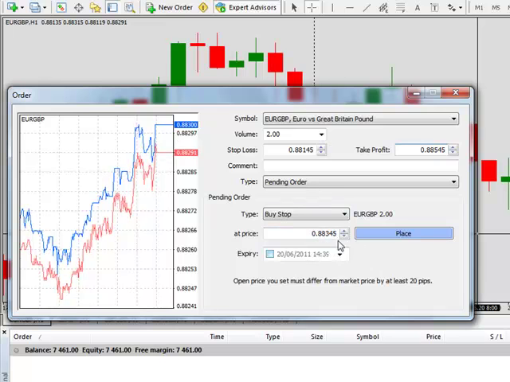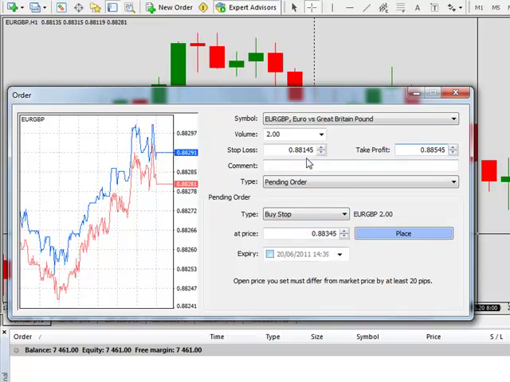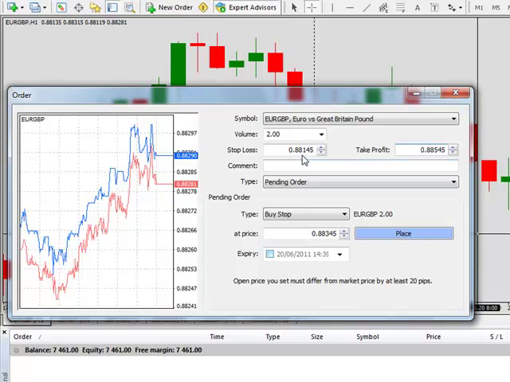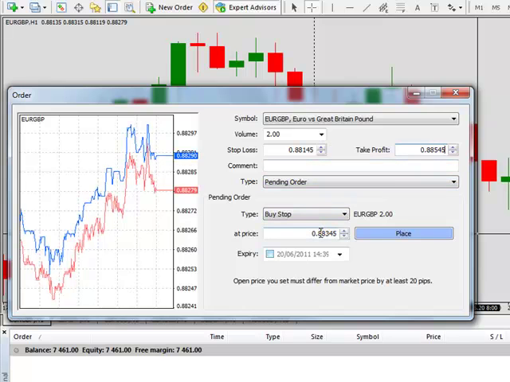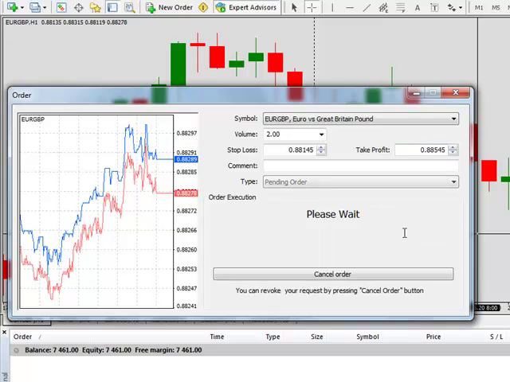Final check of the figures. That's our entry, that's our stop loss. So going up, our stop loss should be less in value than the entry price, and the take profit should be more in value than the entry price. Happy with that, so we'll place that order